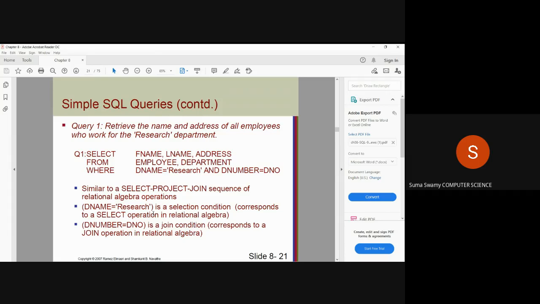So D number is the linking attribute, a primary key with respect to department and a foreign key of the employee table. And for the condition, we require D name. Now show the primary key, D number of department, linked to DNO of the employee table in the UML diagram.